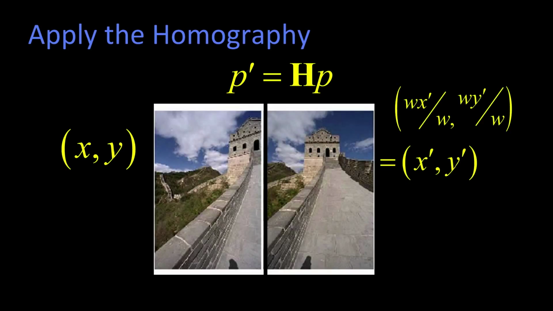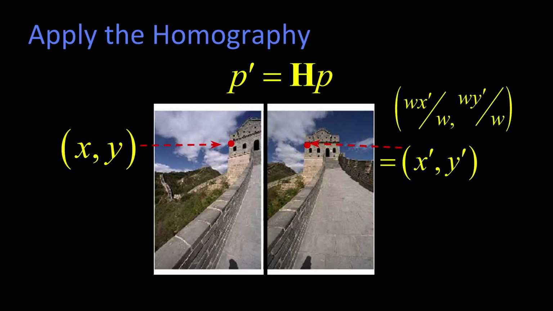Once we've solved for the homography, we have to be able to apply it. What applying it means here is I might have some point in image 1, some point at x, y, and using the homography, I can pump it through, get the x prime, y prime, w prime, divide through by w, and I get the new x prime, y prime. That tells me the location. And I have to essentially transform that first image to the second image by moving that point to that location.